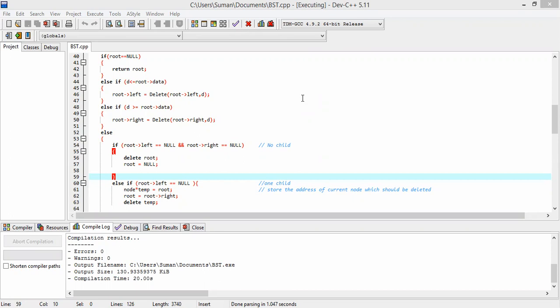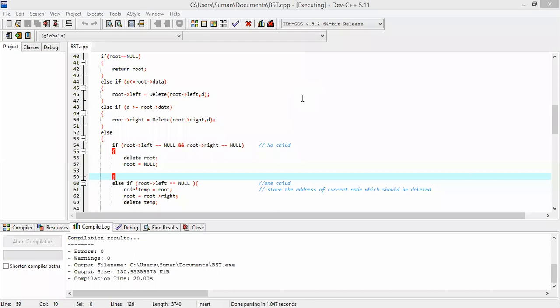Now I want to insert more. Yes. Now I use the value 7. So 12 will be the root node, 7 will be in the left child, and 89 will be on the right side. Do you want to insert more? I don't insert more.